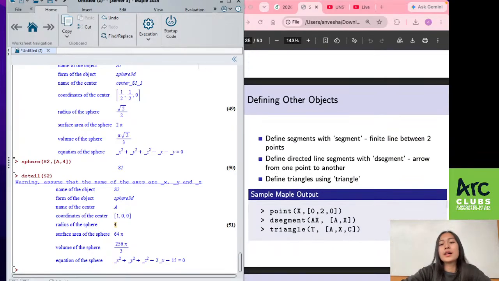Maple can also define some other objects such as segments, where we define a segment as a finite line between 2 points, instead of the normal line where it passes through 2 points. It ends at 2 different points. So let's say to define this segment,